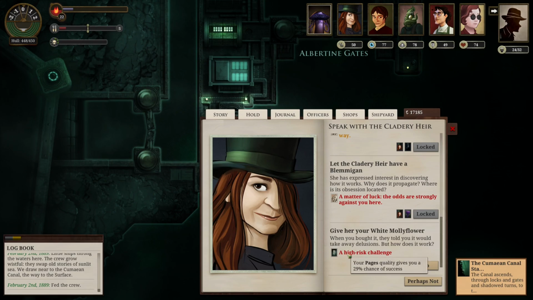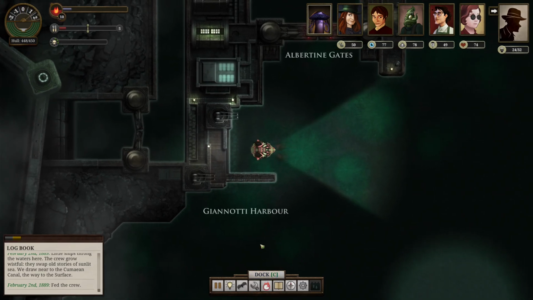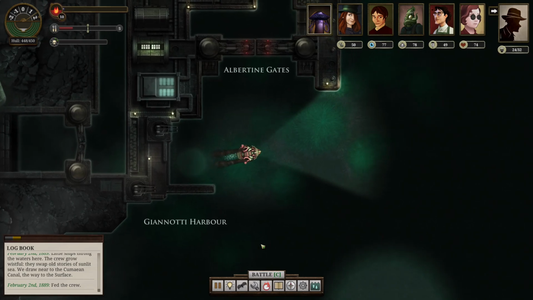Did get a white mollyflower. I traded our Scintillac for it, I think. Alright, well, we are now safe from yearning burning, so that means we can go and drop something awaits you